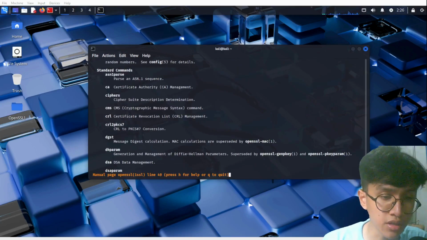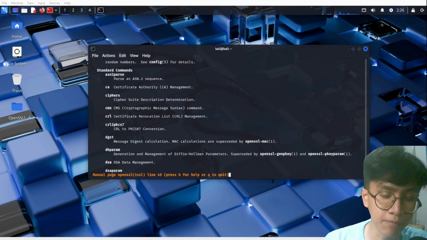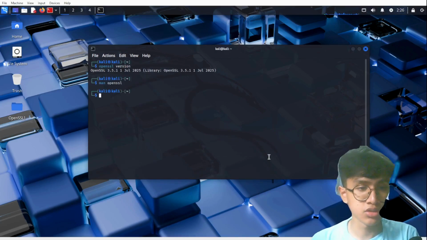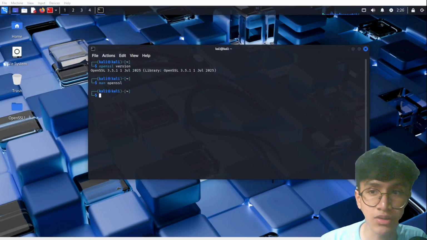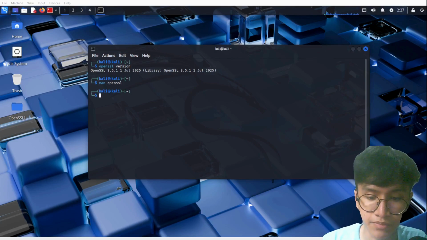Also included here are the commands that are written in OpenSSL. So that's it for our installation guide. It's really easy, guys. I hope you can install it on your machine.